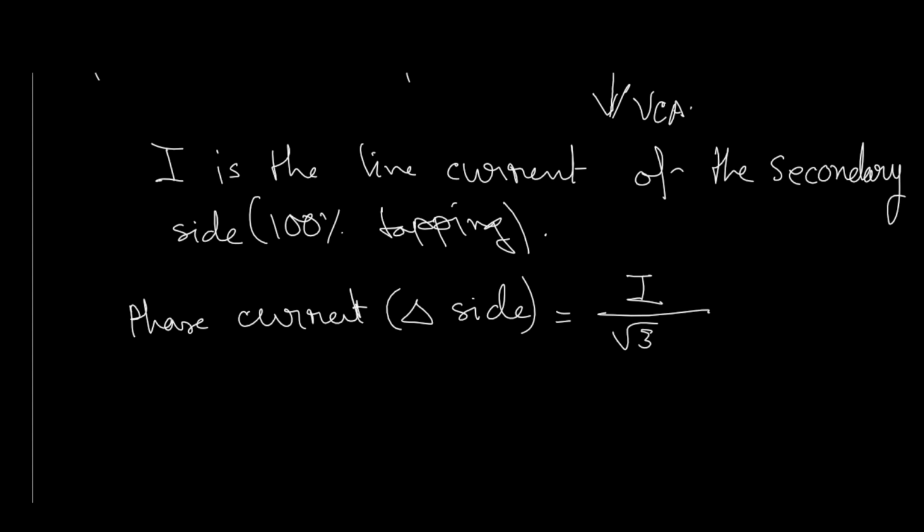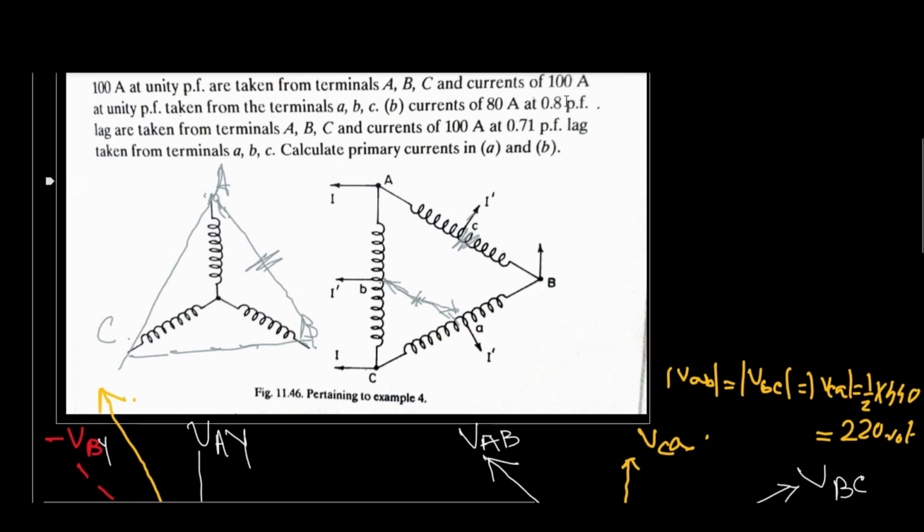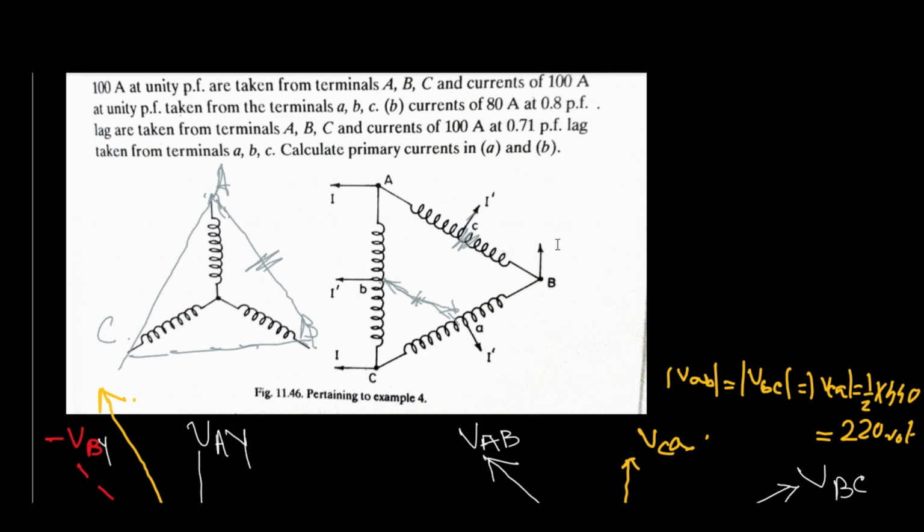Like what we can write, here this one, IAB will have the same current, or better to say, this, what I am trying to say, let me write it here, that angle between